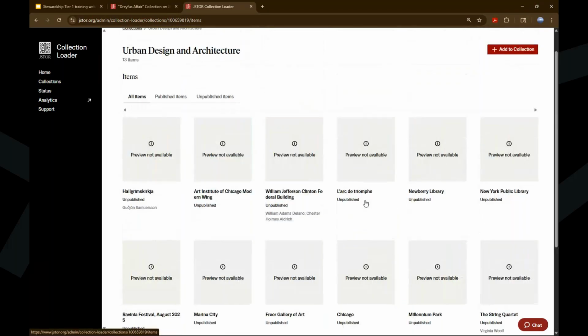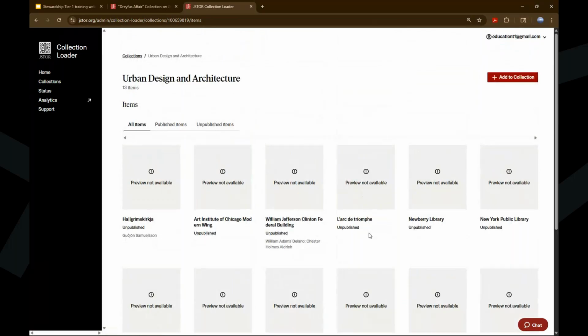Once these are loaded, I will see which of the items created compound objects. Some of them might say 2 or 3 files underneath, and then I'll know that the compound object upload worked. But of course, we have to wait for the images to load for a moment before we see that. Okay,